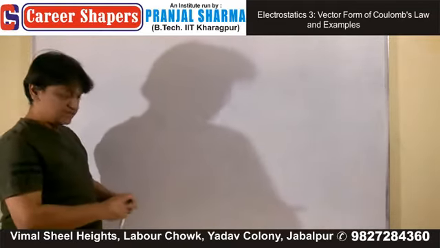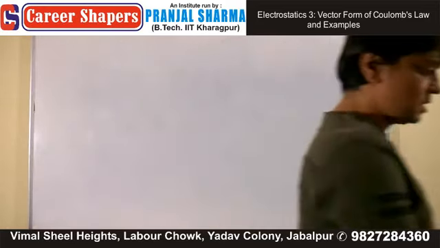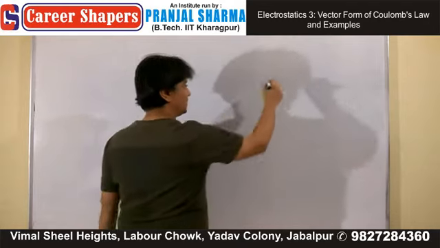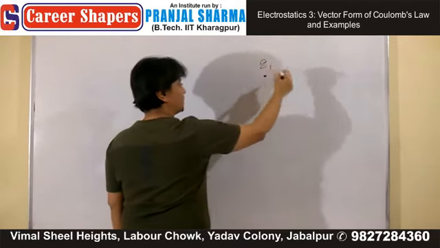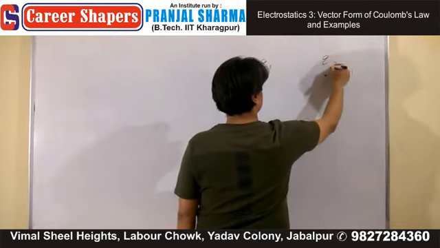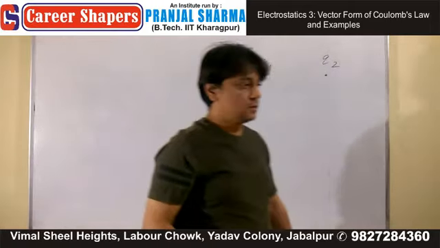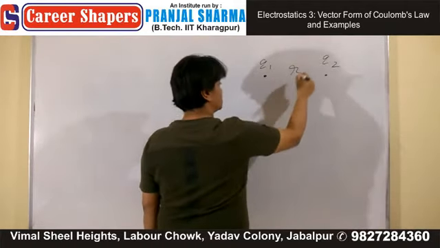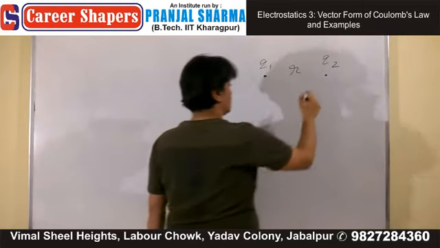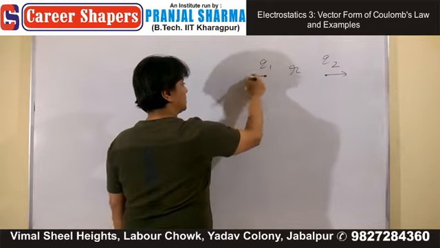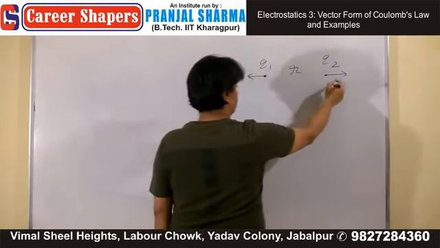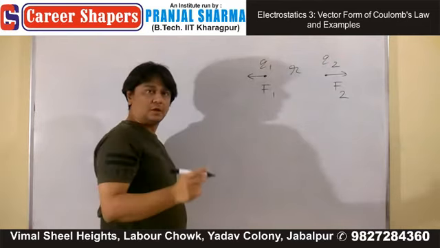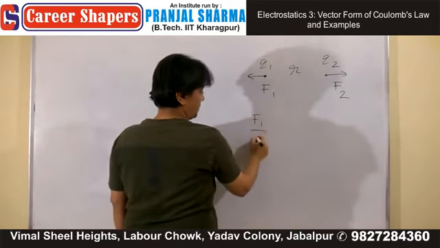Everyone, we're discussing Coulomb's law. So far we have seen that if we have been given 2 point charges Q1 and Q2, separated by a distance of r, then for same polarity, this force is F2, this force is F1, then F1 upon F2,